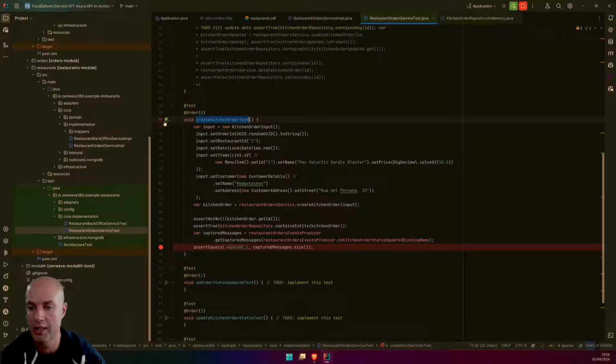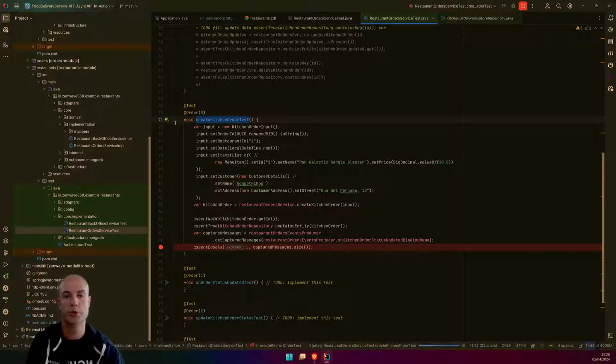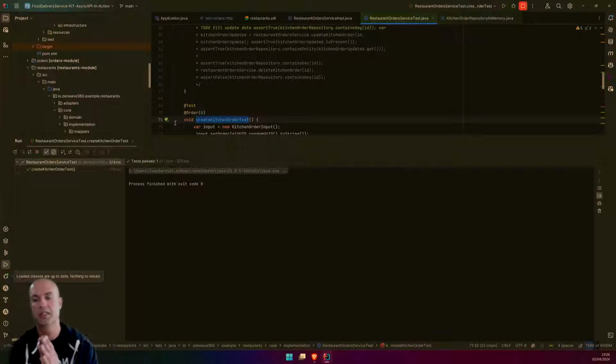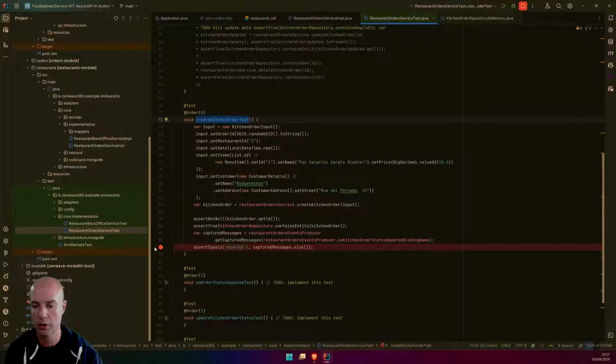Create kitchen order test to show you that this is a unit test. This doesn't use containers, it doesn't use Mockito, it doesn't require you to have a slow test or complicated test. You see, milliseconds. This runs in milliseconds. We can also place a breakpoint here, and we can